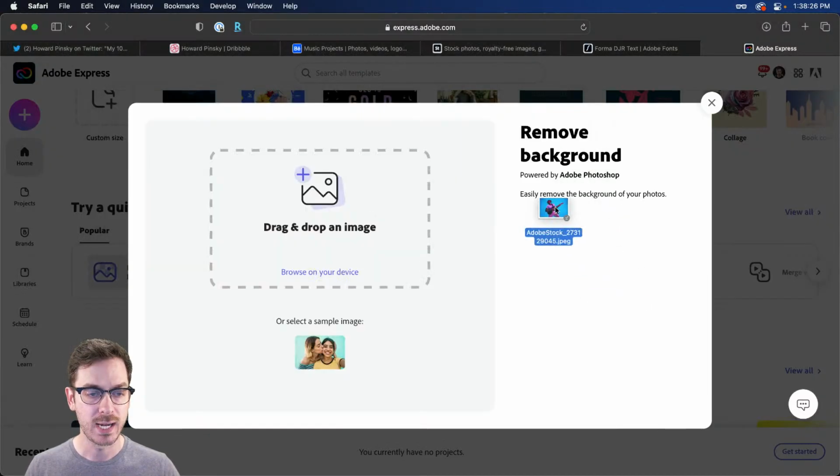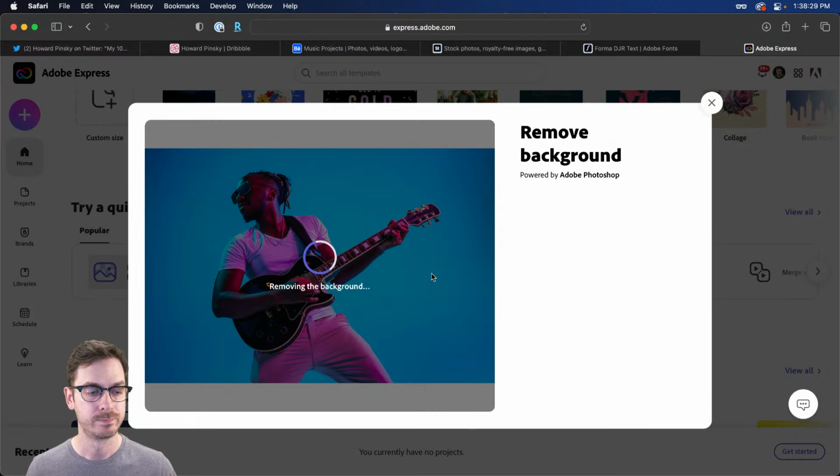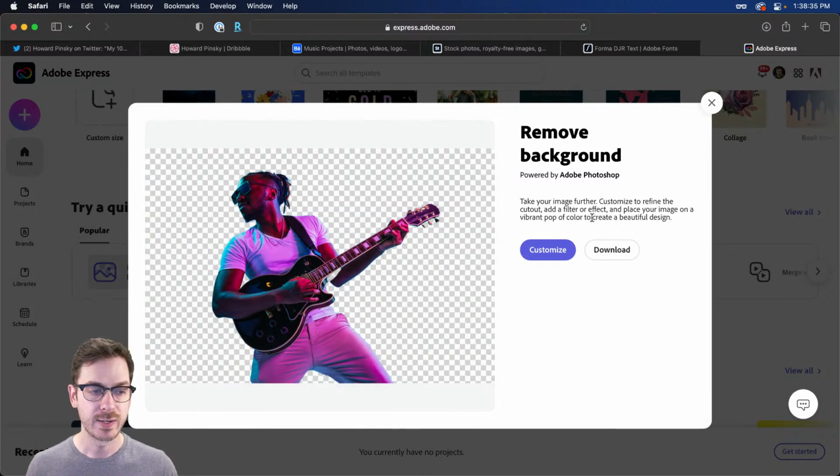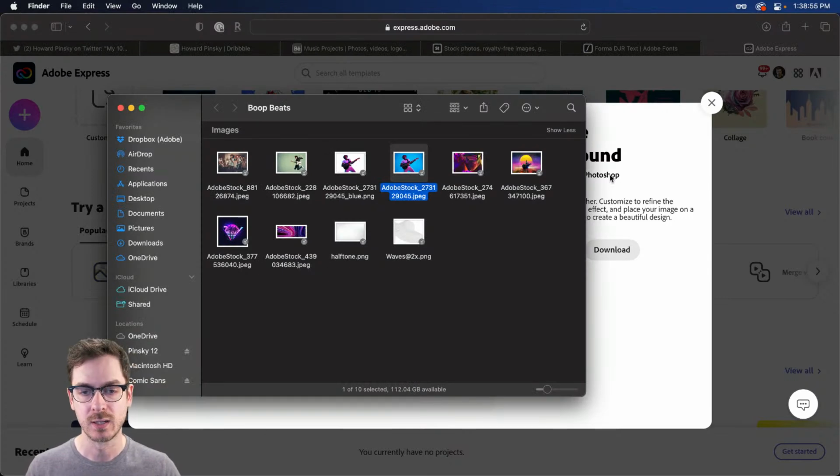And I can just grab this image and pop it in here. It is powered by Photoshop, so it's going to do a great job at removing the background of this image, fixing up the edges a little bit. And then from here, I can go ahead and customize it, or I can download it. So if you're working on an Instagram story or some sort of a social post or a flyer or whatever it might be using Creative Cloud Express, you can customize it, add some text on top of it, you can go crazy with it. But for now, all I need to do is just download this image. So I don't even have to open up Photoshop. I can just hop over to Creative Cloud Express and do that.